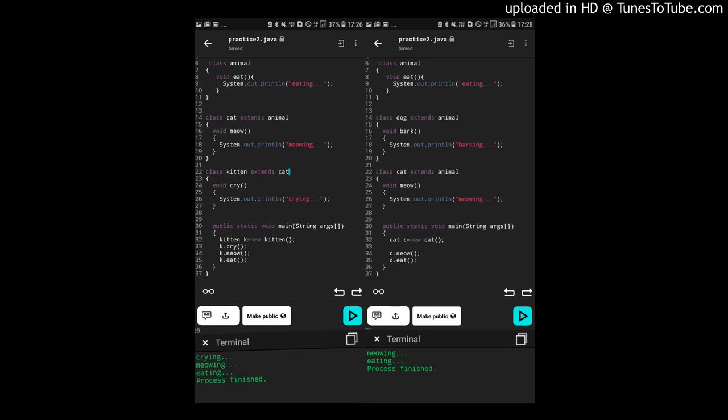Suppose we have a class called vehicle. Okay, let us take another example.